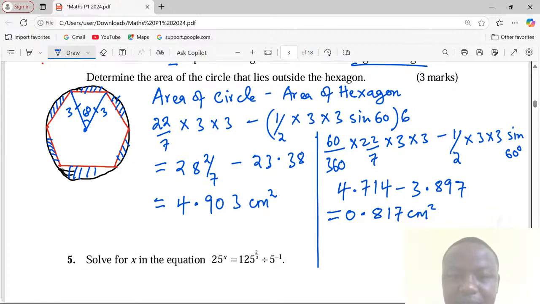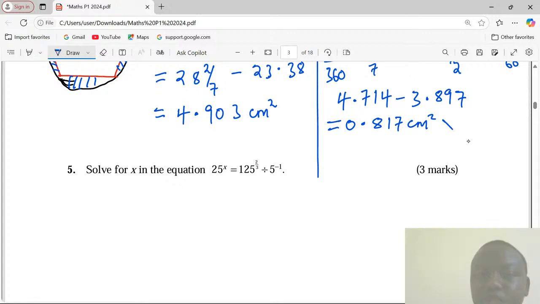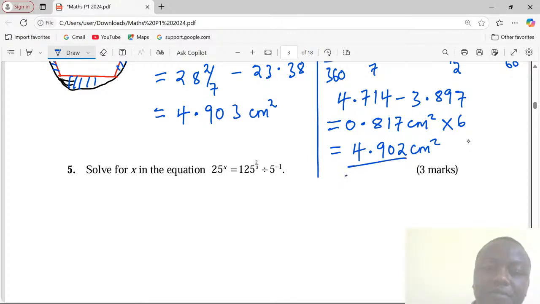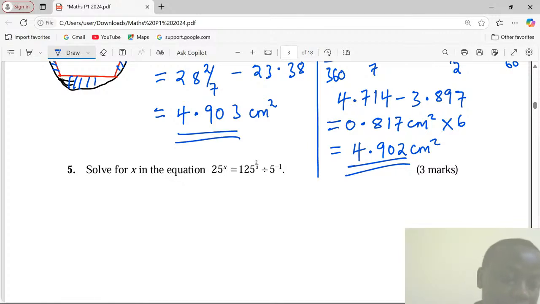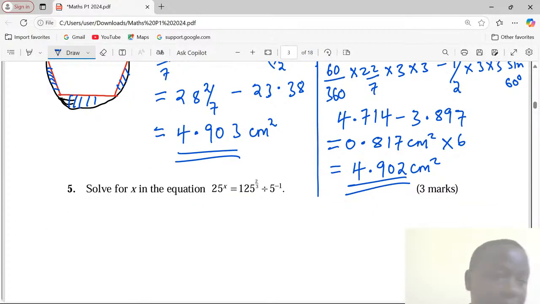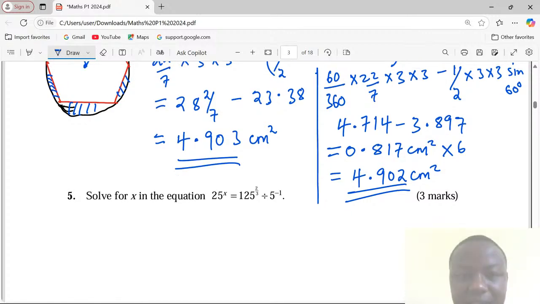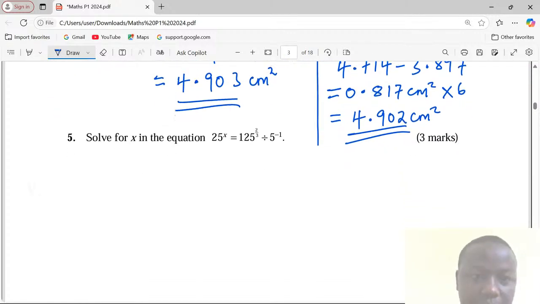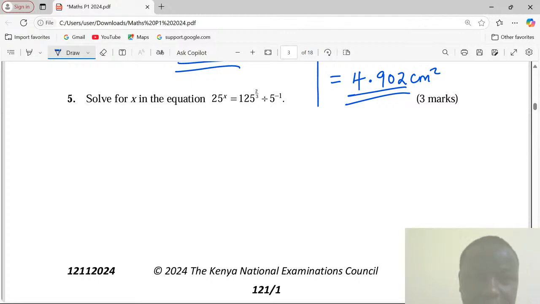So now with this minor segment, we need to multiply it by 6 such segments. So by 6, I'm getting exactly 4.902 square centimeters. Because of rounding errors, the values might slightly differ from the first option, but generally it's a very legit approach which a student can apply and find himself or herself in the answer. Yeah, we can go to number 5 now. Number 5 is on